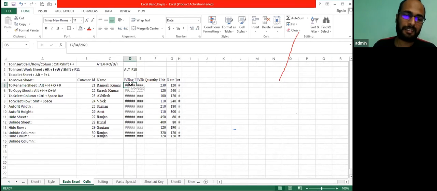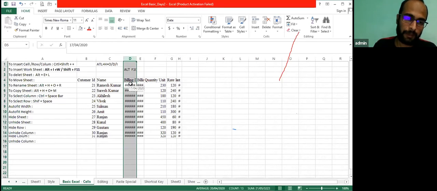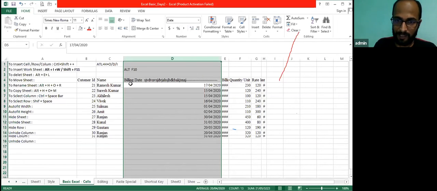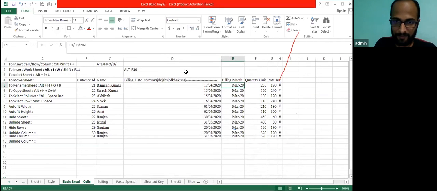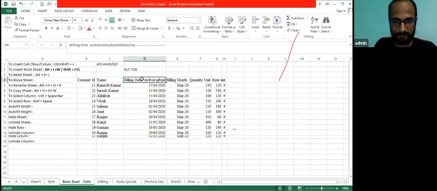You can select the column by pressing Control and space, and you need to apply this command that I am telling you: Alt O C A. You can see now your column is on AutoFit mode. Alt O C A.